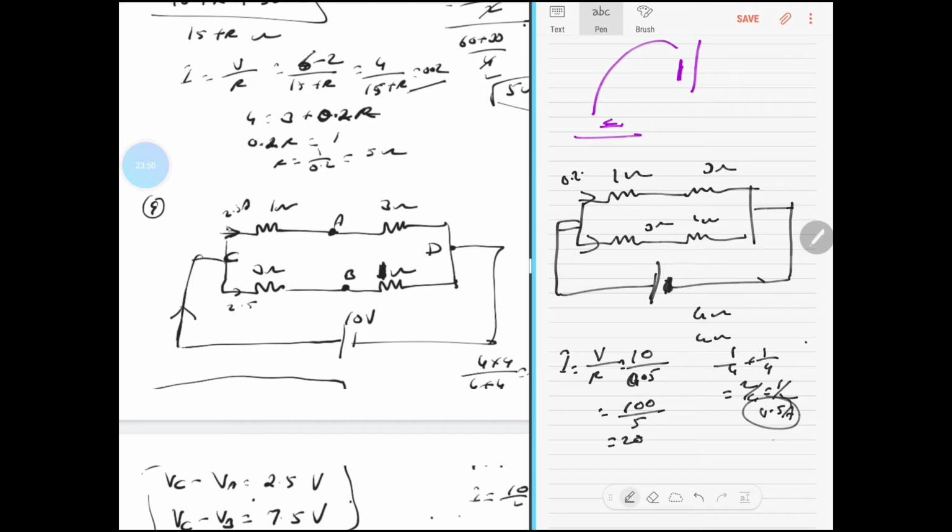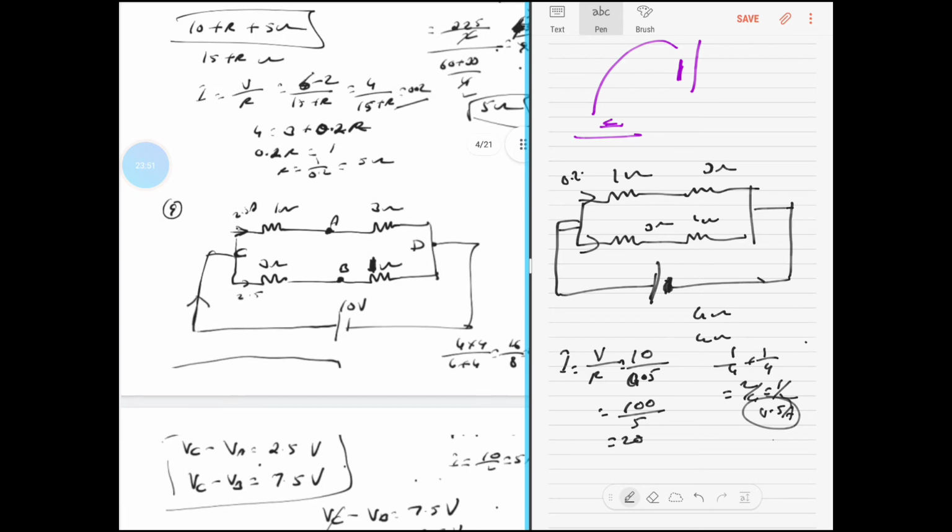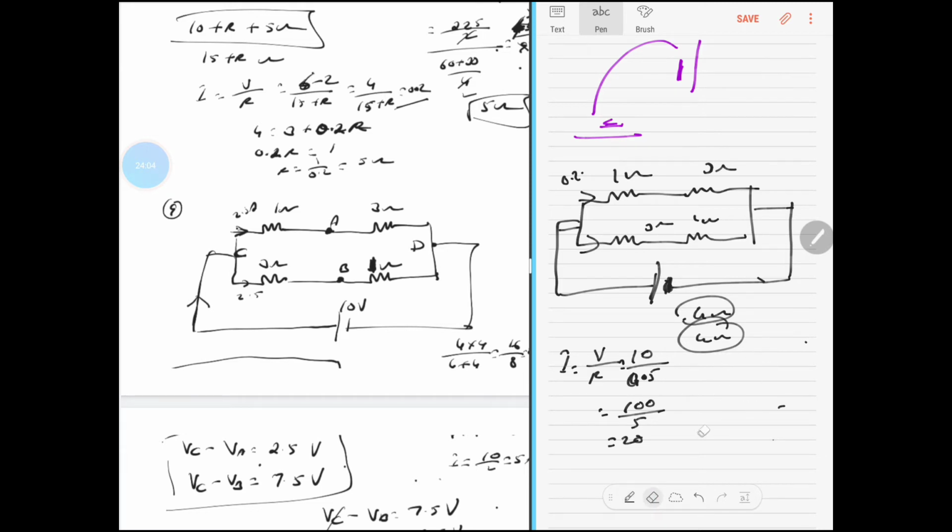In a series connection, these two are parallel. Did I forget to reciprocal it? I think it's the equivalent resistance. The 4 and 4 are forming a parallel combination, so 1 by 4 plus 1 by 4, or in other words 4 into 4 by 4 plus 4. That's easy, so I won't forget to reciprocal. So 16 by 8 is 2. So 2 is the equivalent resistance, R equivalent.